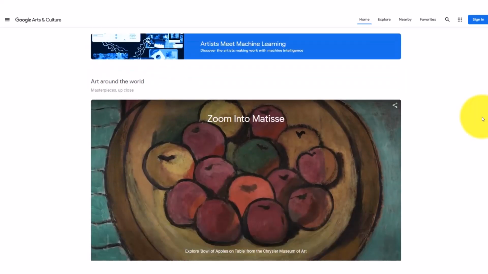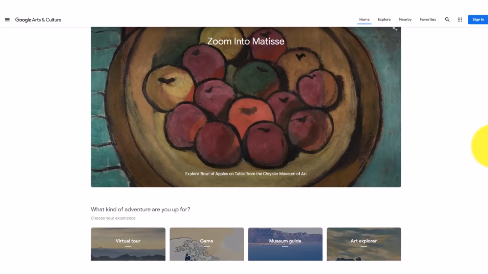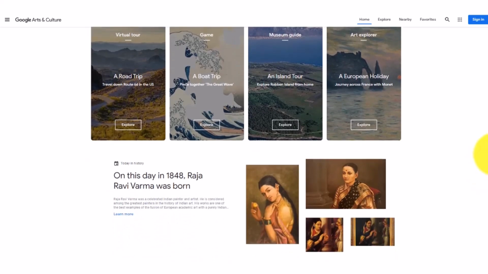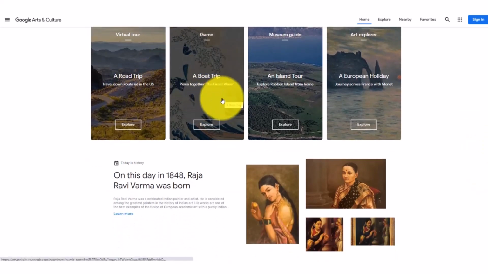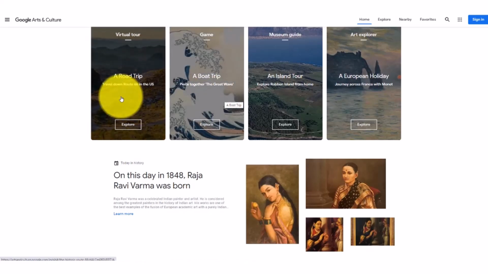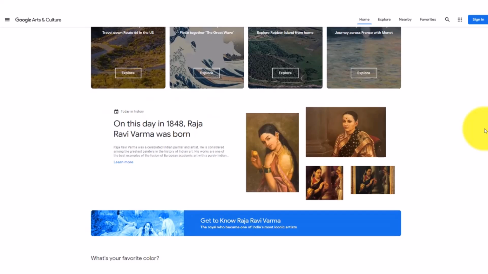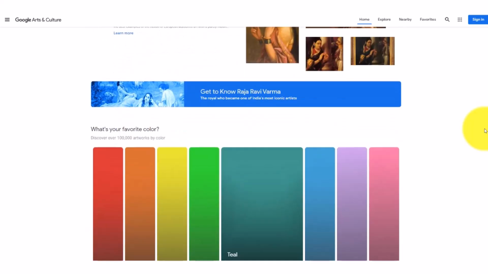They can also look at artwork, and they can color and look at color and how that color connects with them. And this is where they can do all different types of games and go on different virtual trips as well. This is in and of itself just a solid resource.